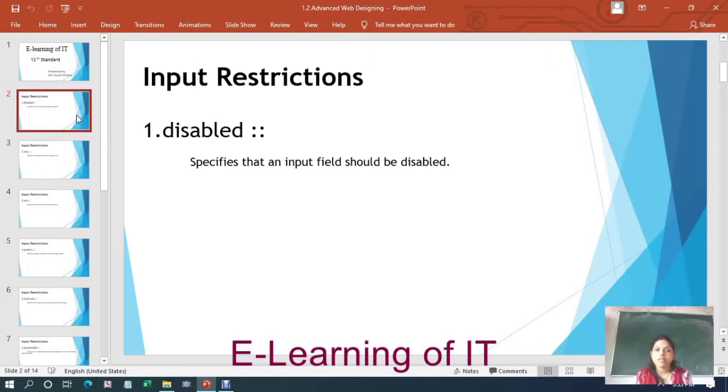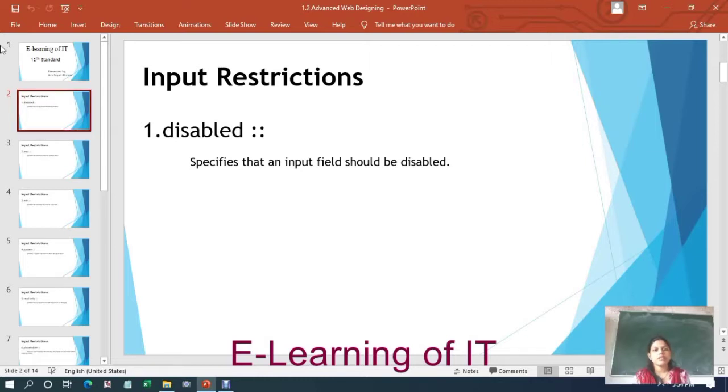Actually, in this topic, there is a list of different attributes which are used for a validation purpose. What is validation? Validation is nothing but, whenever a user is entering data, there are more chances of entering incorrect data. So in that case, our program should guide the user so that the user can fill in the correct data only, and then the validated data will be transferred to the server. So let us see what attributes are used for input restriction purpose, that is, validation purpose.